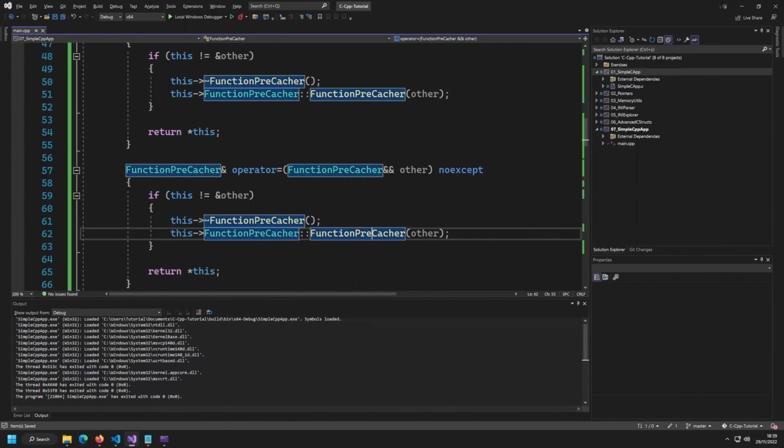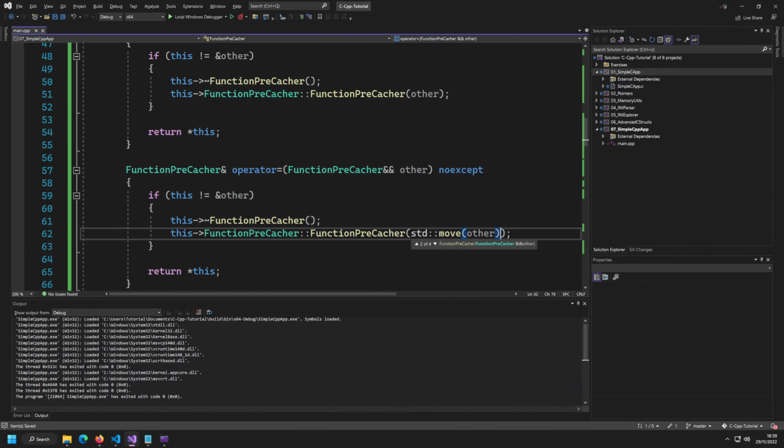Now, this is really important. If I hover over that, you can actually see that it is still calling the non-move constructor here. How can we force it to use the move constructor? We need to tell it to move it. How can we tell it to move it? Well, you need to call std move. Std move looks like a function, and it kinda is. If we take a look at this, you can see that it does a